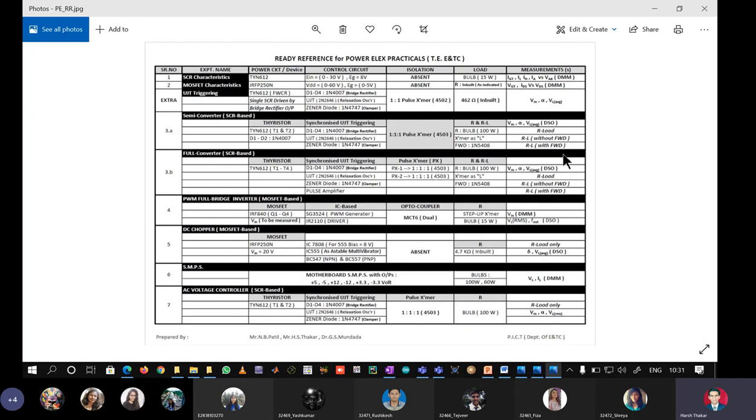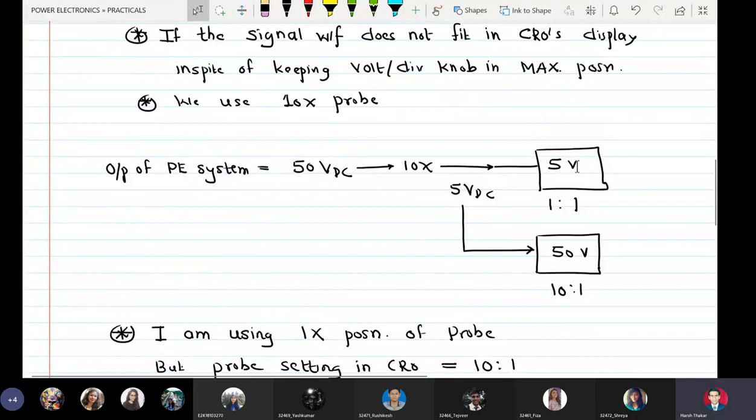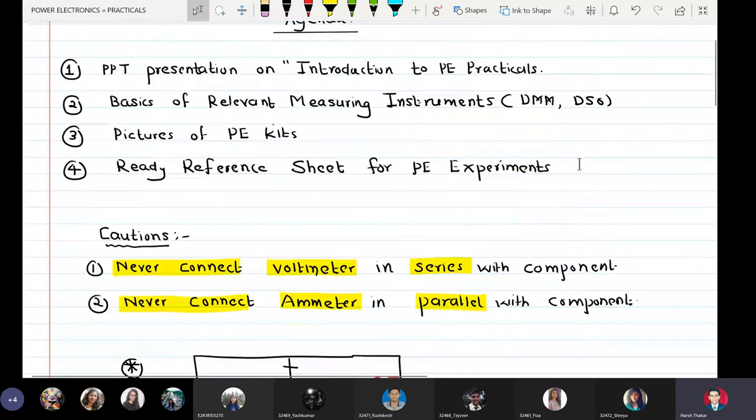Okay, it's a full converter, so your understanding is okay, full converter is AC to DC, so I am supposed to measure the VL AVG here, and you cross check, yes, is your understanding correct? Okay, yeah. So this was all from my side. We have covered everything practically today.